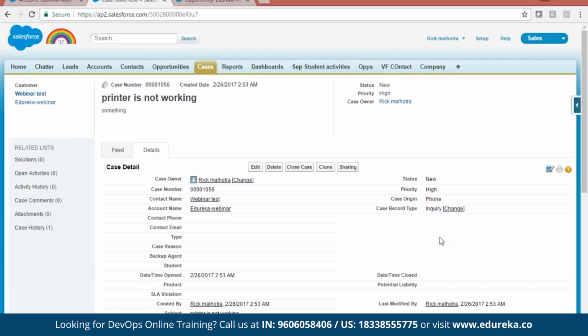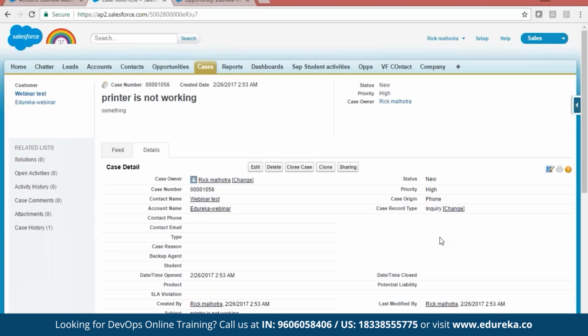So it's really good if you maintain a knowledge base in your company. It's really good if you maintain the documents. It will be really helpful for your internal employees, and sometimes very helpful for your customers also. So you can open up a community, and on that community you can share these documents. Your customer will go to that document. Maybe they want to install printer drivers or fix some common problems with the printer.